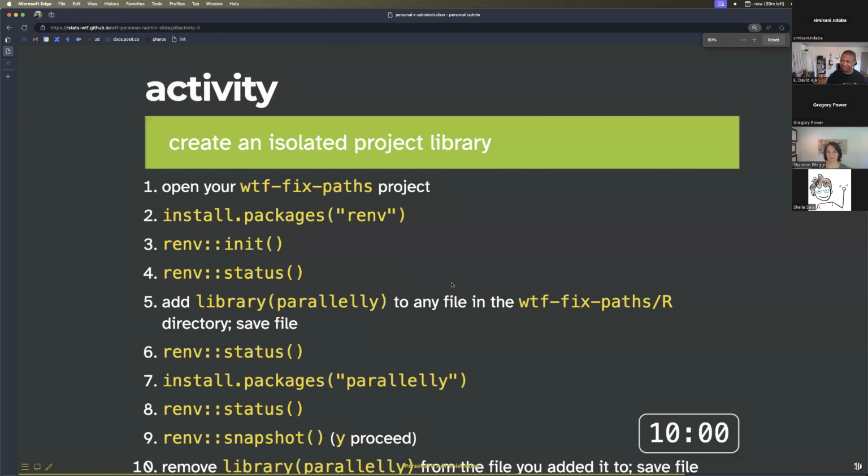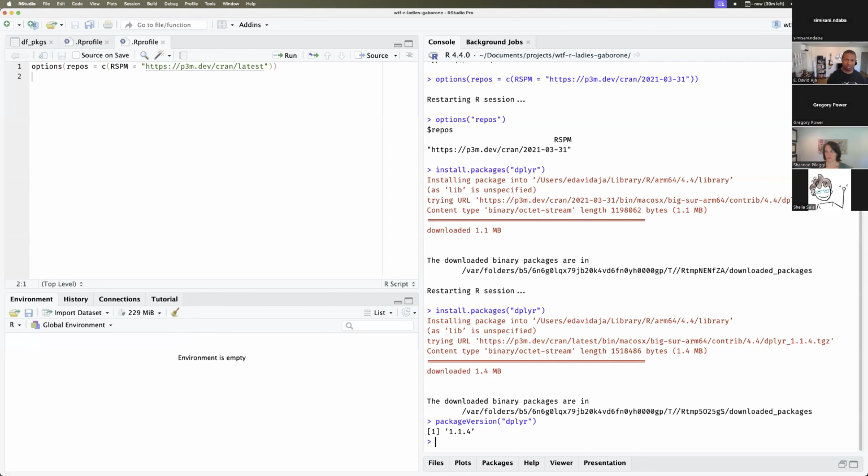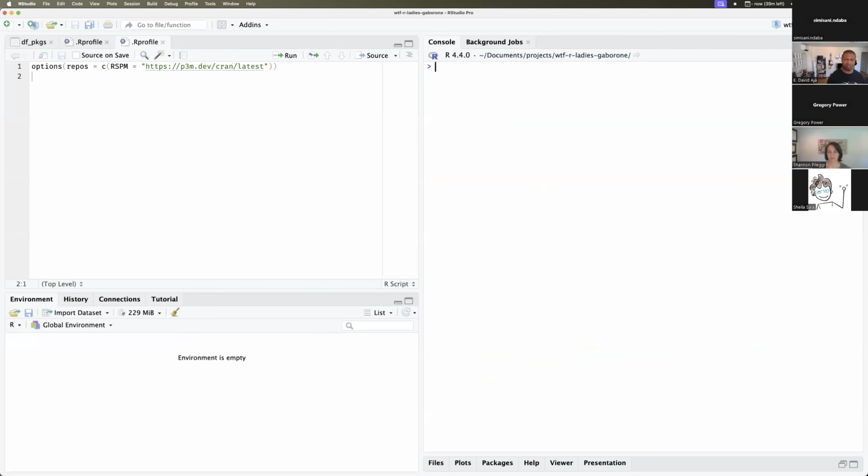Let me make this a little smaller so that we can see what it looks like to work with renv. I'm going to show this one and then illustrate some of the things we talked about along the way. So if I come back to the RStudio IDE and I look at my lib paths right now,